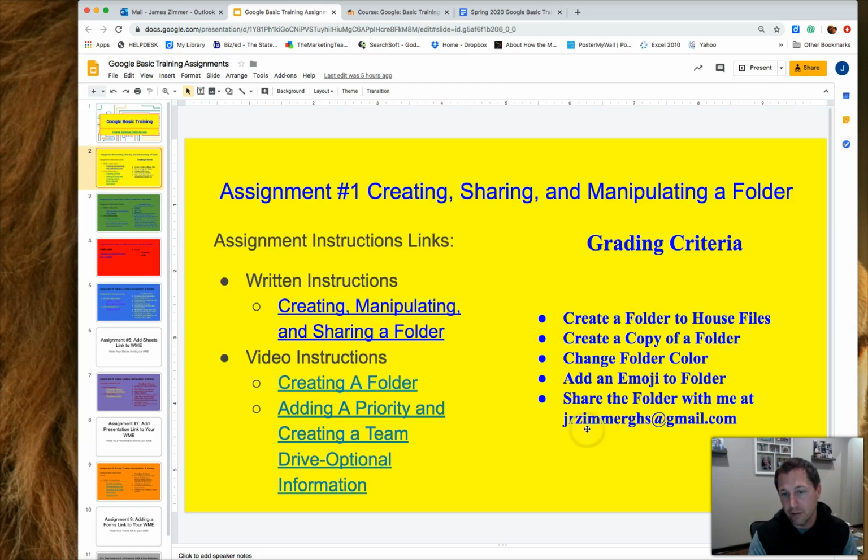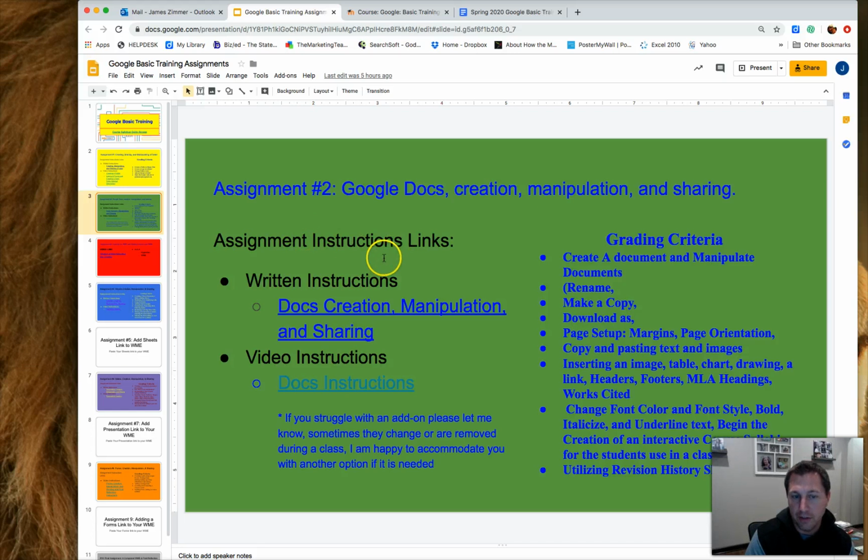And then I also tried to put different important pieces of information, like when you get done creating your new folder, you're going to share that whole folder with me, at this email. This is the email I use separate from my regular school email to manage the work that you guys complete. Okay? So this is assignment 1, and then you go to assignment 2,